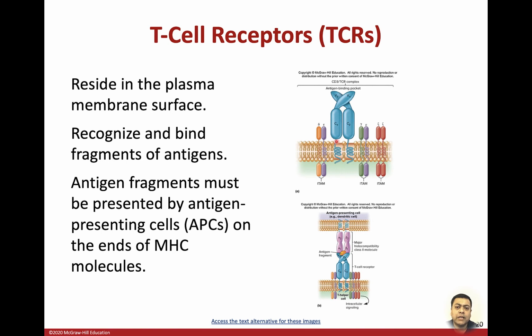In addition to that, the whole T cell receptor needs some additional structures, which are known as ITAMs, the immunoreceptor tyrosine-based activation motifs. These ITAMs are also known as the CD3s. These are the core receptors, these CD3s, ITAMs. Why are these required? If you carefully look, the transmembrane domain and then the C-terminal domain of the real T cell receptor is very small, and this cannot lead to much signal